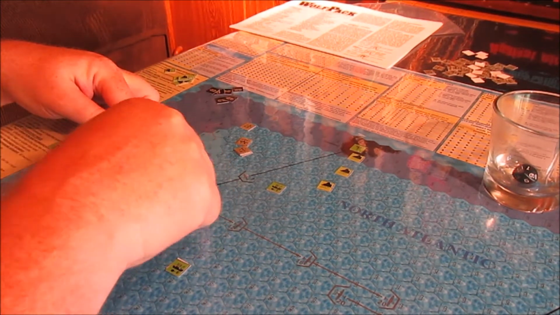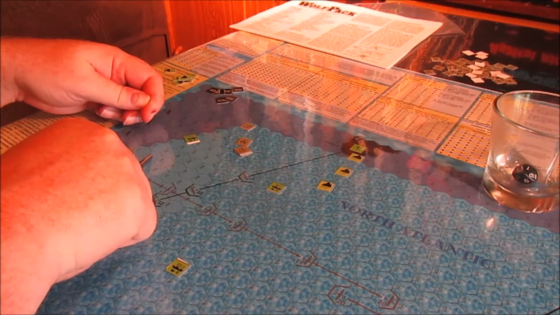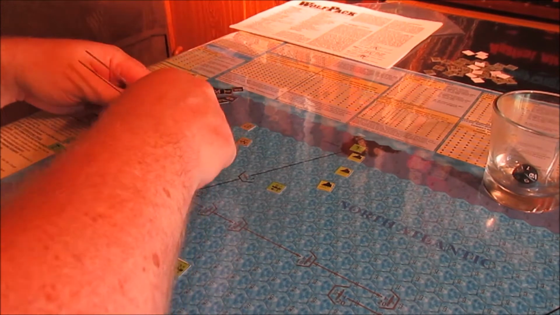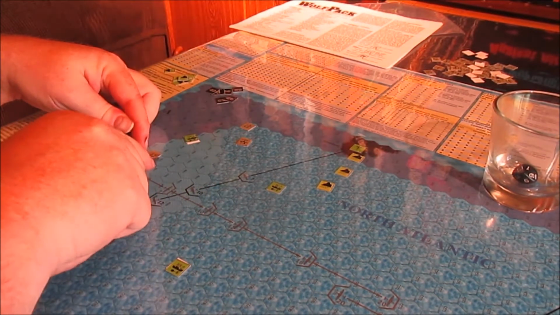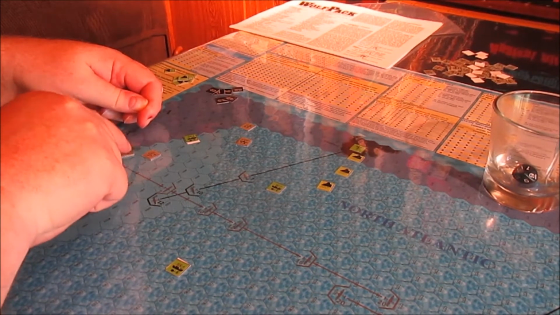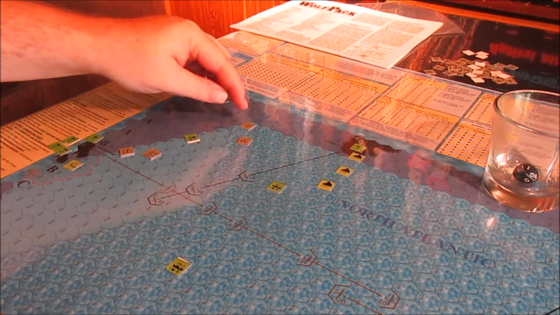So let's see. 1, 2, 3, 4, 5, 6. Let's go ahead and shift these guys down here as well. Since they've got 7 or more boats, this hex will get 2 searches. Do I get multiple searches in the same hex? I believe I do. So, okay, now these guys...